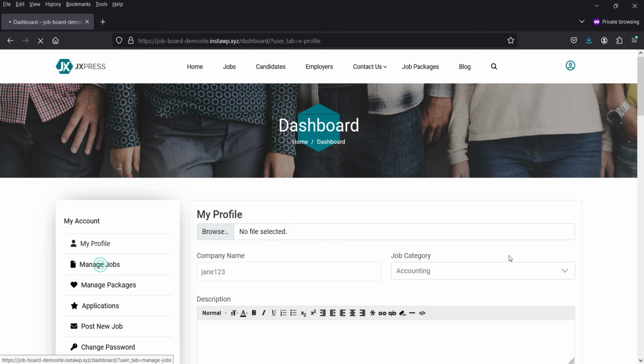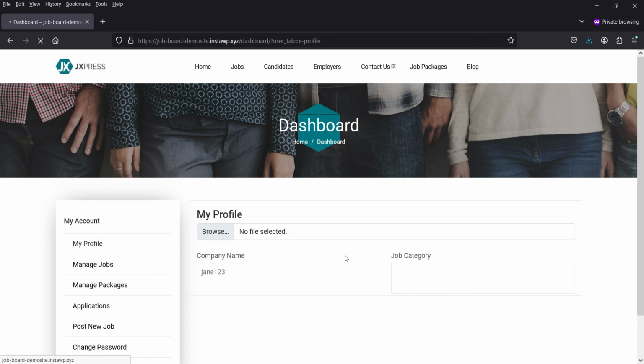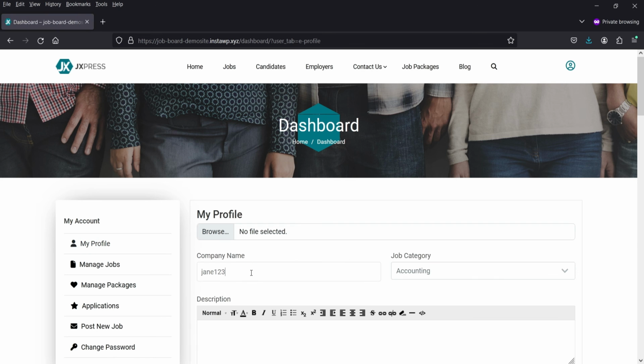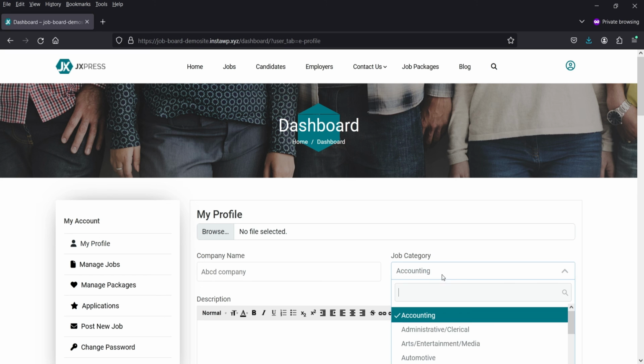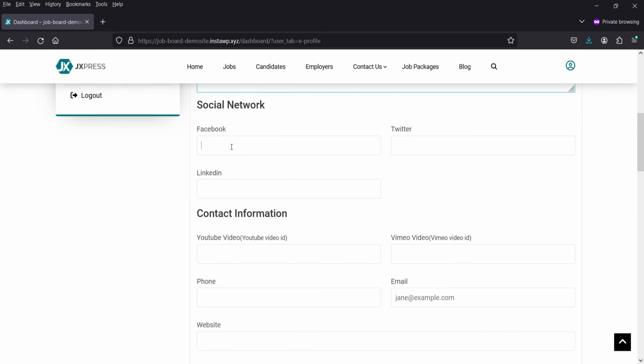Then we have manage jobs option. Now here the employer will be able to publish the jobs. Okay, we can also manage the packages. If the employer has package, it will show the package here. So let's create a profile here. Let's name it as ABCD company. Job category will be like again accounting. Let's add some description. Let's add the Facebook link here,